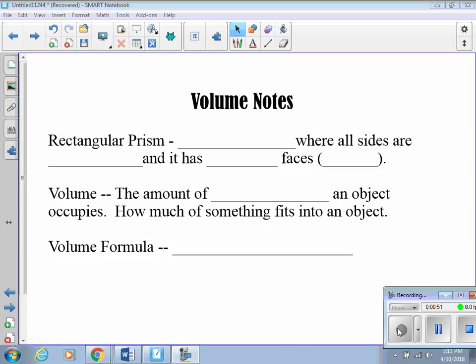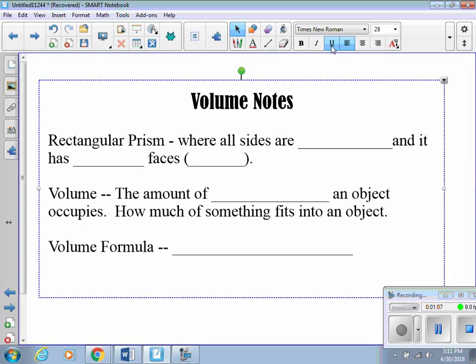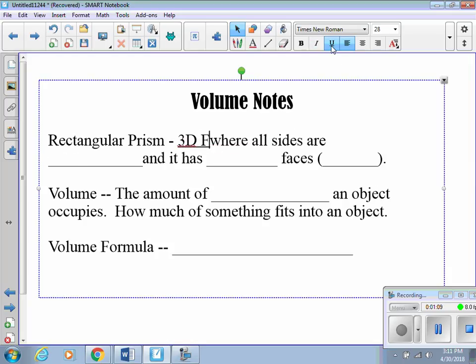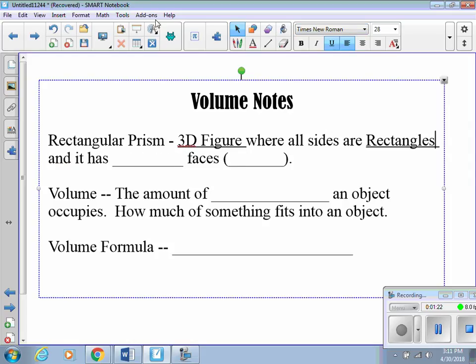For volume, as a sixth grader, you only are finding the volume of a rectangular prism. And so we're going to know the definition of a rectangular prism. A rectangular prism is just a 3D figure where all these sides are going to be rectangles, and all rectangular prisms